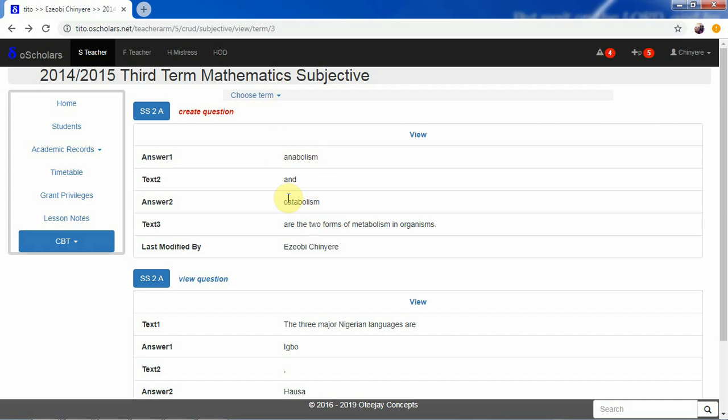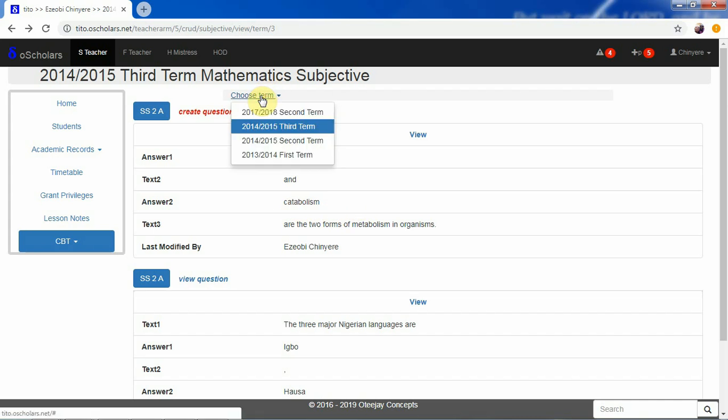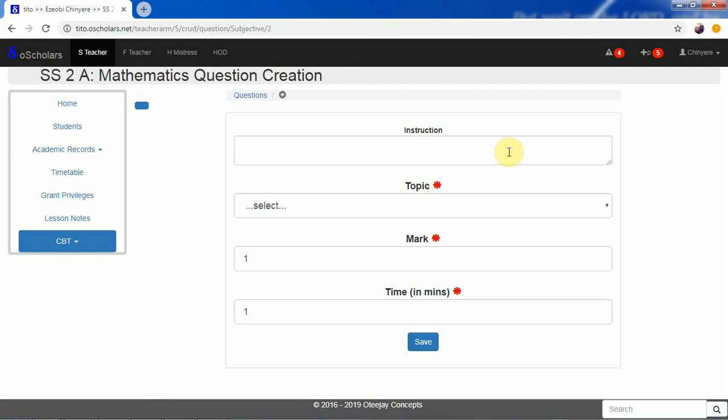It will now be established as a question of type subjective. Now let's just click on create question so we can complete this and we see how it is done. Now we can decide to use instruction. This instruction is very suitable when we are working on comprehension of objective or subjective. Well, in this case, we will